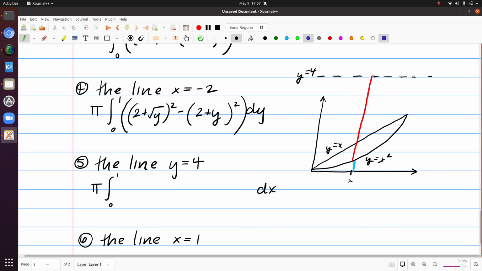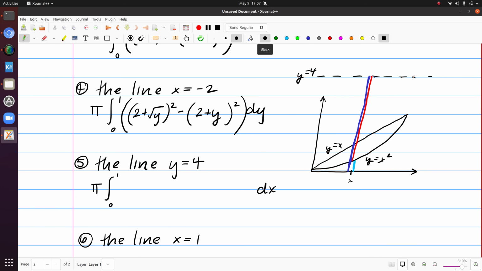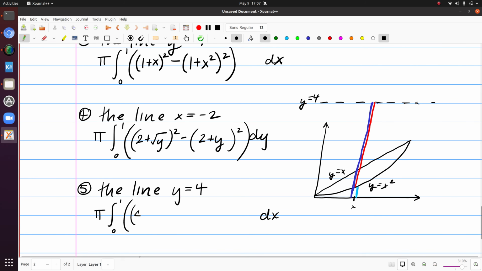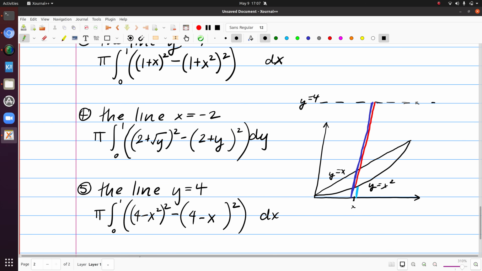But I also know this distance is 4. So one way to interpret the red length is you can take the full length of 4 and subtract the light blue length of x squared. So my radius here is 4 minus x squared. And likewise, to find the inner radius, I take the full length of 4 and I subtract y equals x. And so again, with my picture, it's helpful for me to visualize the length I'm trying to find and think about how I can either break that up or associate it to things that I do know related to the function value. By the same token, if we were to rotate about the